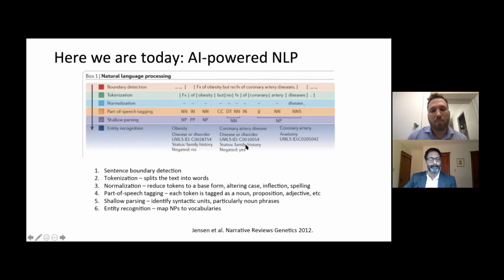In terms of how AI-powered NLP typically works, these sequences of steps are pretty classic. There are some small variations depending on the application, but in general, and you can see here, this is applied to medical text. There are these very specific techniques. I won't go into detail about what they do, but essentially they cut up the phrase or sentence, and then it normalizes those individual words for the mathematical models that AI leverages, and is able to then predict the corresponding